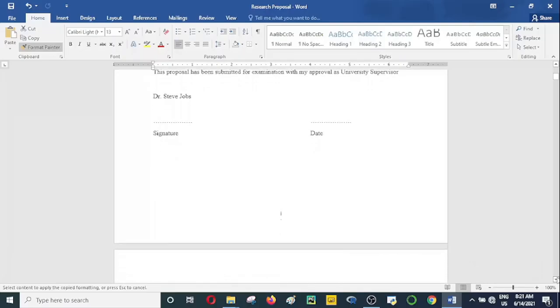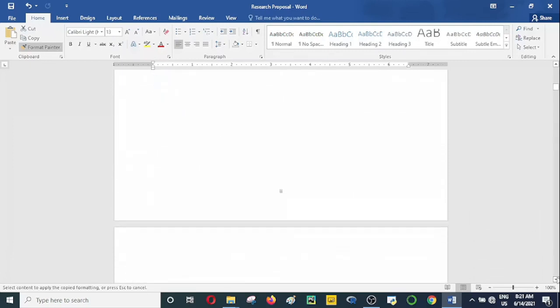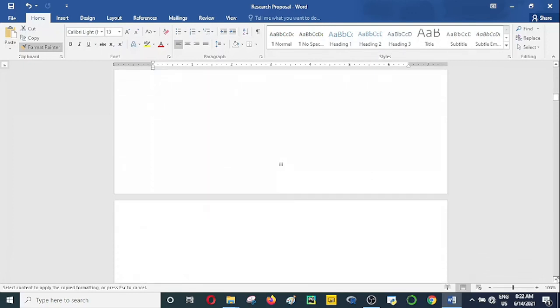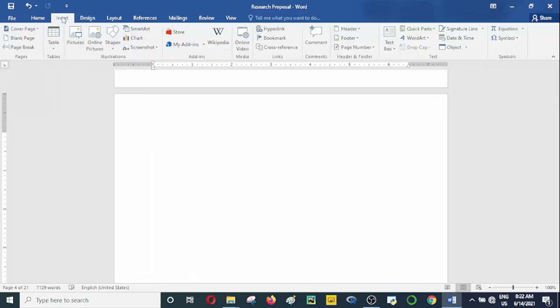of content. Remember, there's a page that you had created just before abstract. Yeah, so we need to go to that page. Yeah, so here it is. Yeah, so let me just deselect. So ensure that you position your cursor in the right place. Then you are going to go to the insert tab, right? And we need to